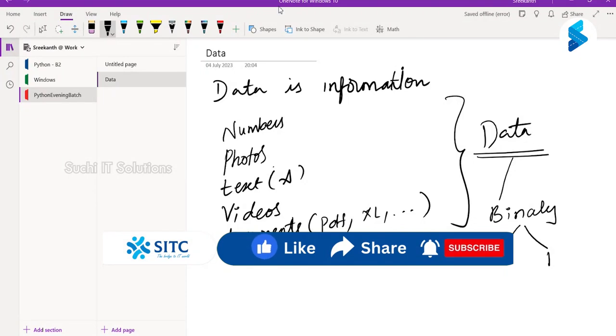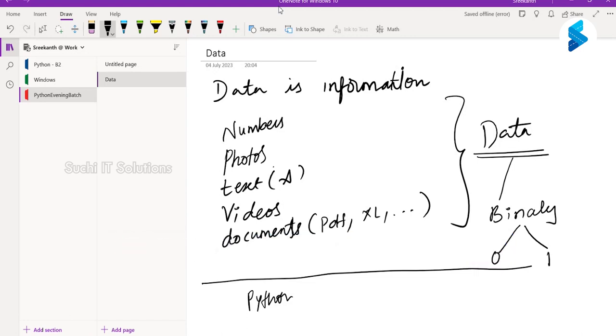Now, if the computer understands 0 and 1, how does it understand a Python programming language? Or how does it understand what is a photo, a video, a number, a document?